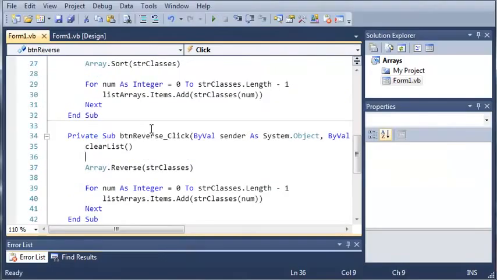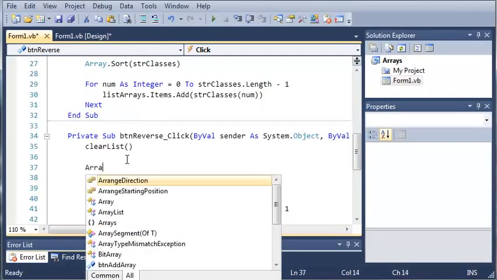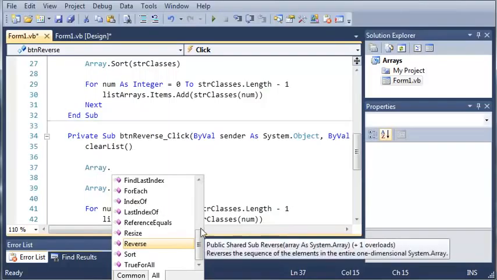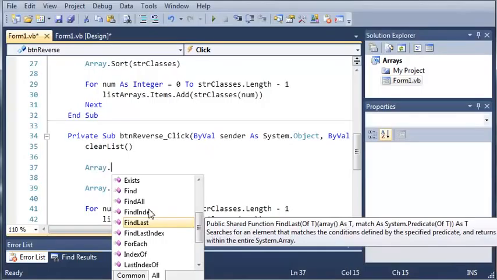Now this is a pretty simple tutorial teaching you how to sort and reverse arrays. Now what you can also do is just play around with this and type array dot and look at each one of these and read the description and see what you can do with that. And then once you feel satisfied with what you've learned and you know you're not going to forget what I've taught you in this,